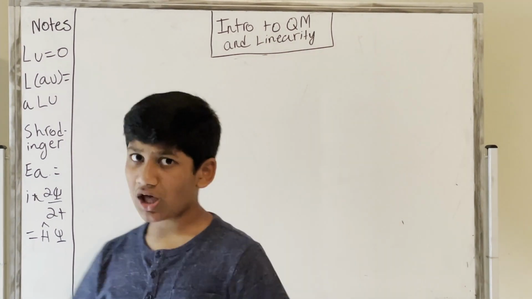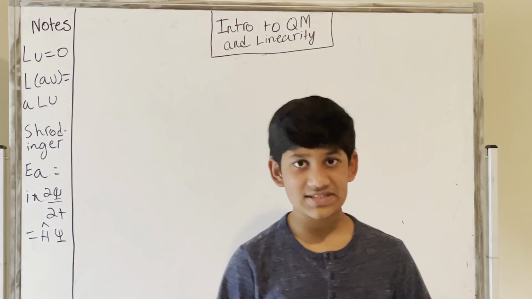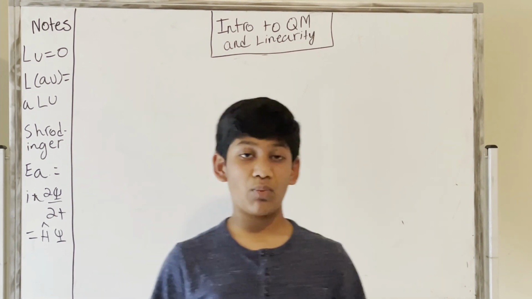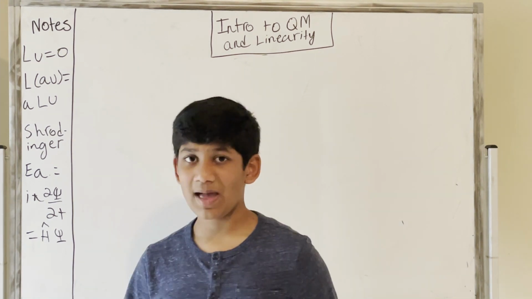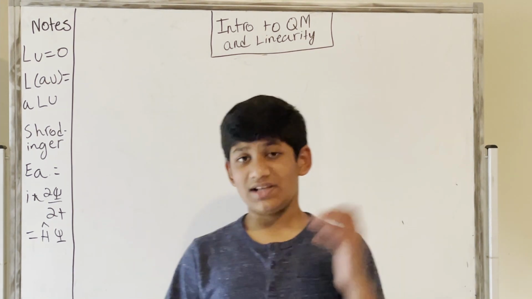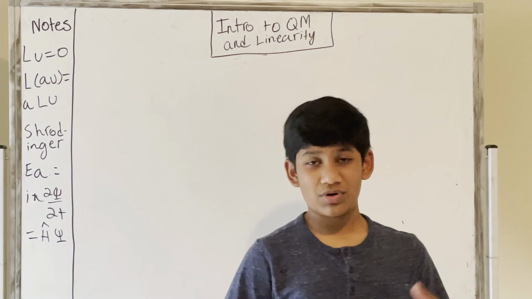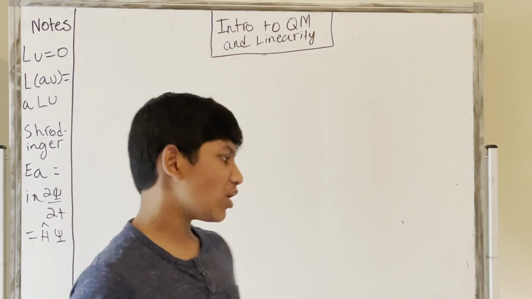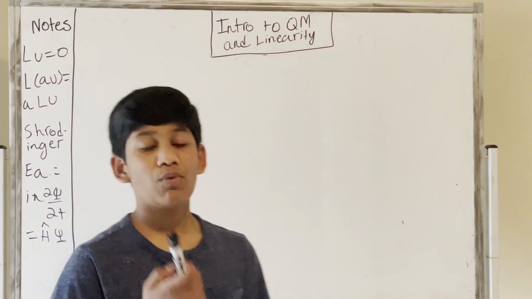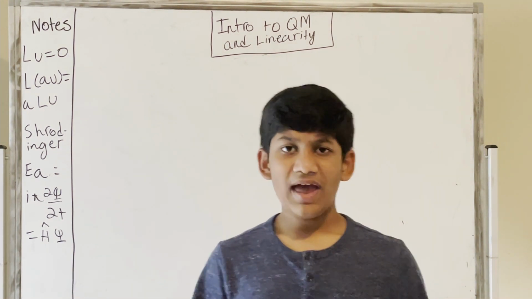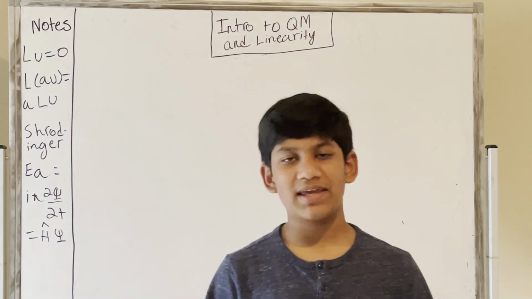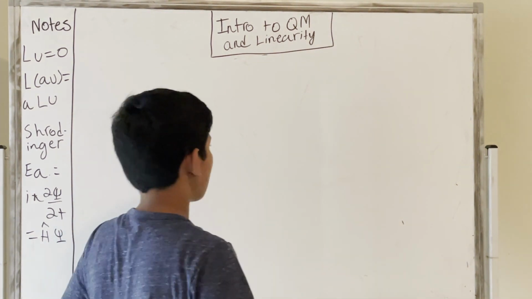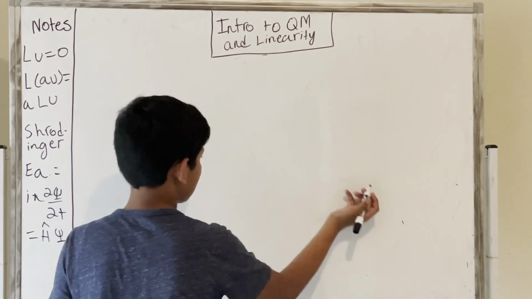So let's talk a little bit about the history of quantum physics. The history of quantum physics was mostly developed by lots of people. There were people, for example, like Max Planck, Max Born, Niels Bohr, Erwin Schrodinger, and Werner Heisenberg. But the one we saw before was Schrodinger's equation, and now we're going to be talking about Heisenberg's equation. And there's different interpretations of quantum mechanics, which we'll talk about in the next video.